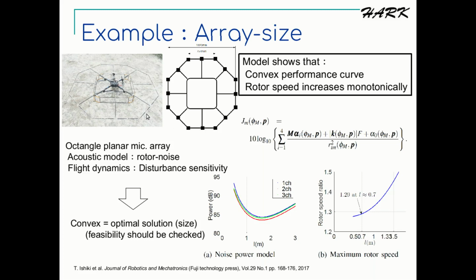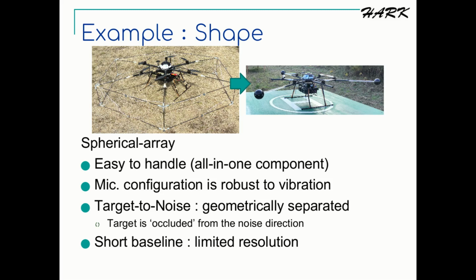Taking this kind of constraint into account, we had some analysis of the design of this version of the microphone array, and we found that it was very close to the optimal solution, although we made it by trial and error. We considered the shape of the array itself, which means whether to place microphones uniformly and omnidirectionally around the drone, or to pack all the microphones in a small structure like a ball or sphere-type shape. Those cases are shown in those two figures. So this is the omnidirectional type, and this is the small compact package type.